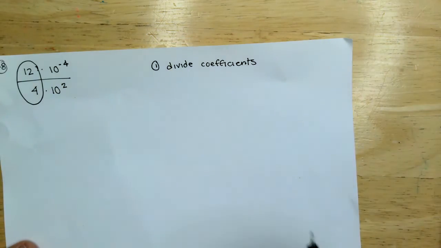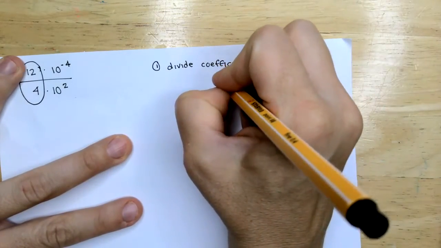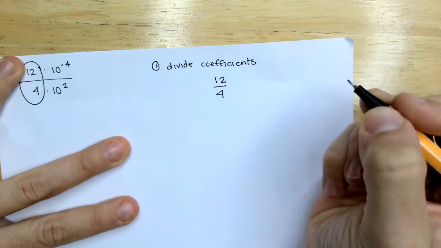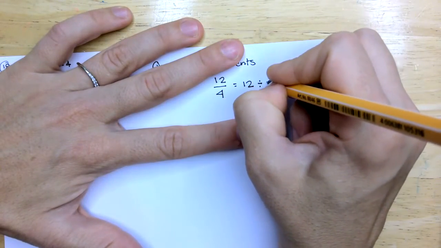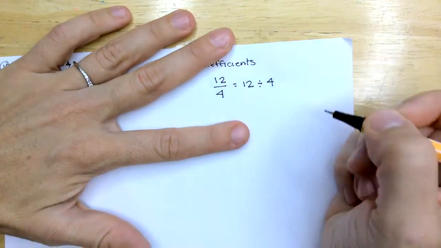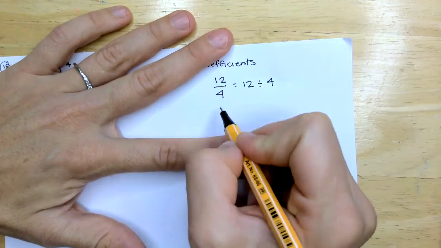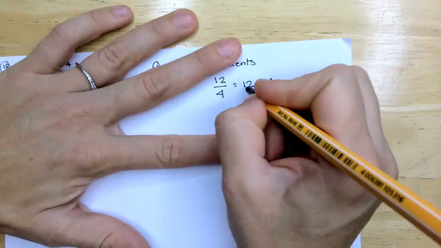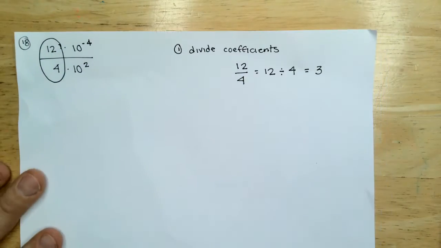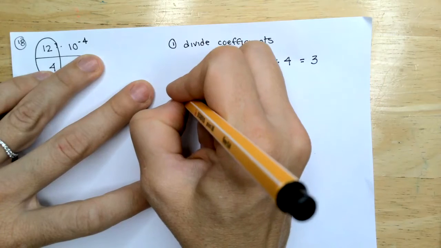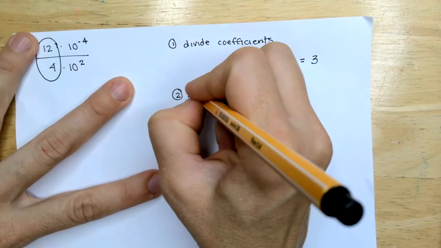In this case, that's just going to be 12 divided by 4. And then if I take 12 and I divide it by 4, I get 3, right? So you're going to divide your coefficients and then separately divide